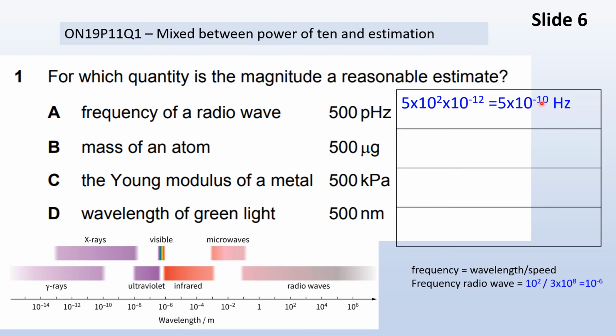It's not here. So let's take a look at the other extreme. The frequency now for the radio wave with 10 to the 6 divided by 3 times 10 to the 8, with the speed of light, or speed of the radio wave, is about 10 to the minus 2. All right, so what happened is that it's not in this range. So what we can say here is